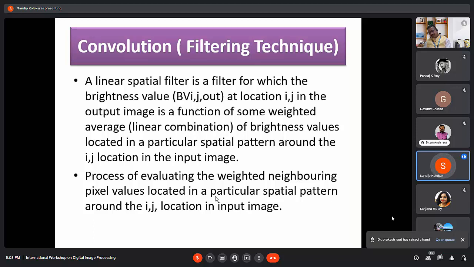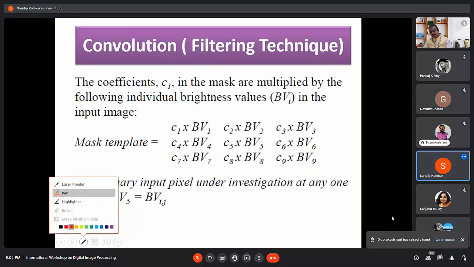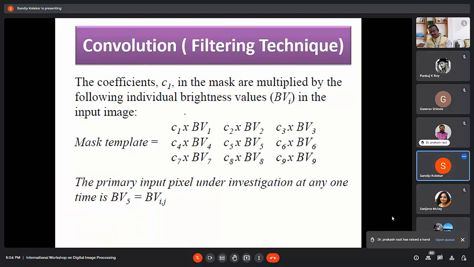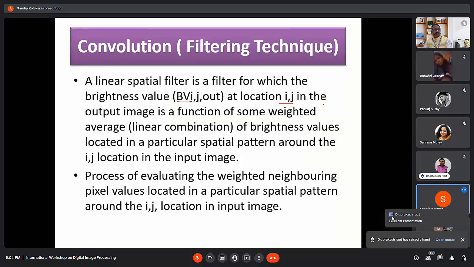A linear spatial filter is a filter for which the brightness value, BV, means brightness value, at a location Ij in the output image is